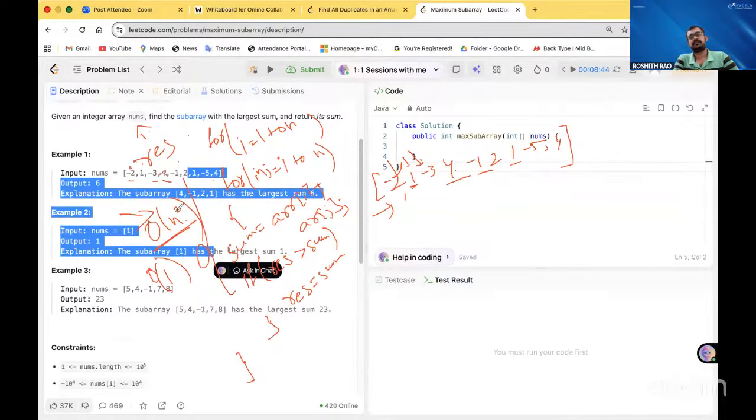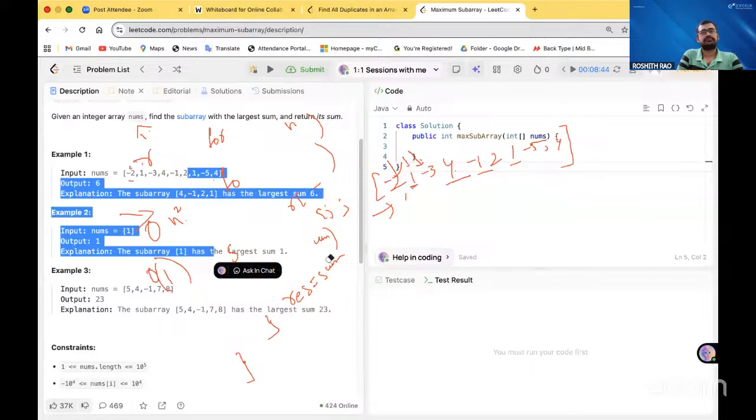Is it possible? Or big O of 1? Big O of n only, in one pass. Can I do that? Is it possible? So let me explain, let me optimize this more. Okay, so what I'll be doing, instead of iterating over and over again, I will